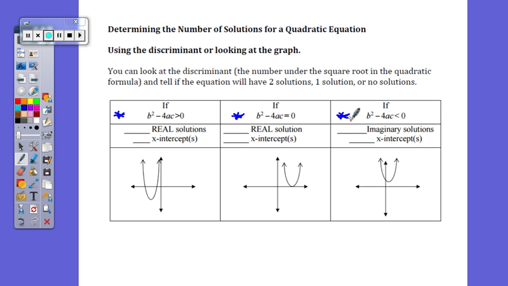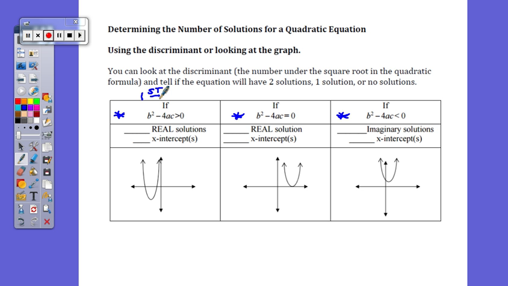And so you can see b squared minus 4ac. That's what's underneath of that square root in the quadratic formula. Okay, and so that is going to tell us how many solutions there are in our answer. And so the very first case,